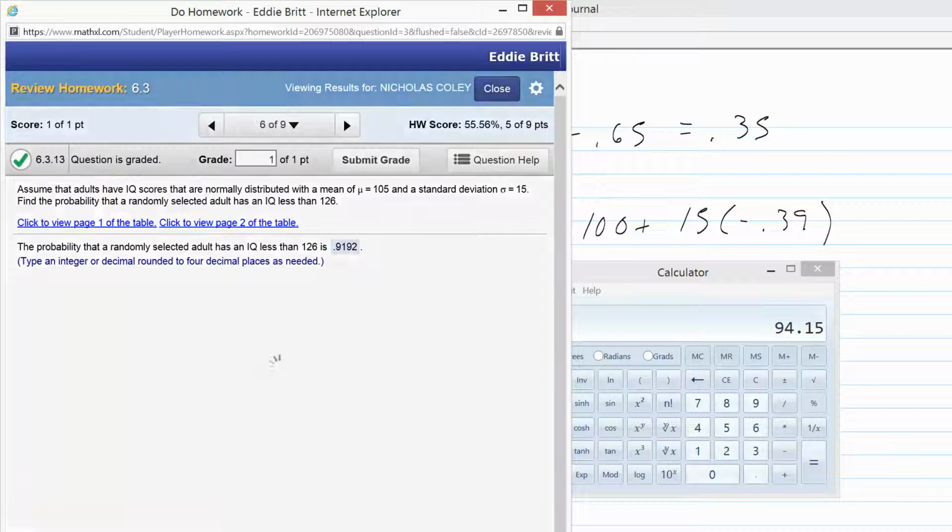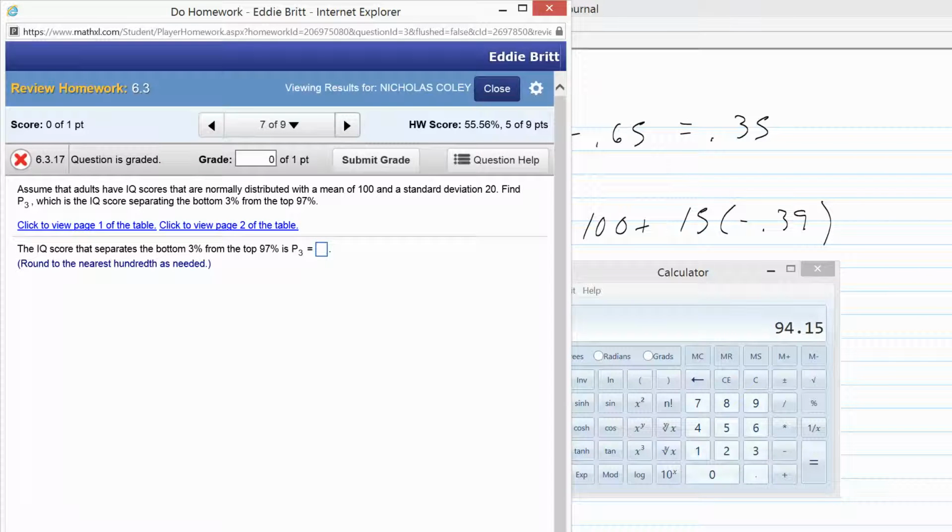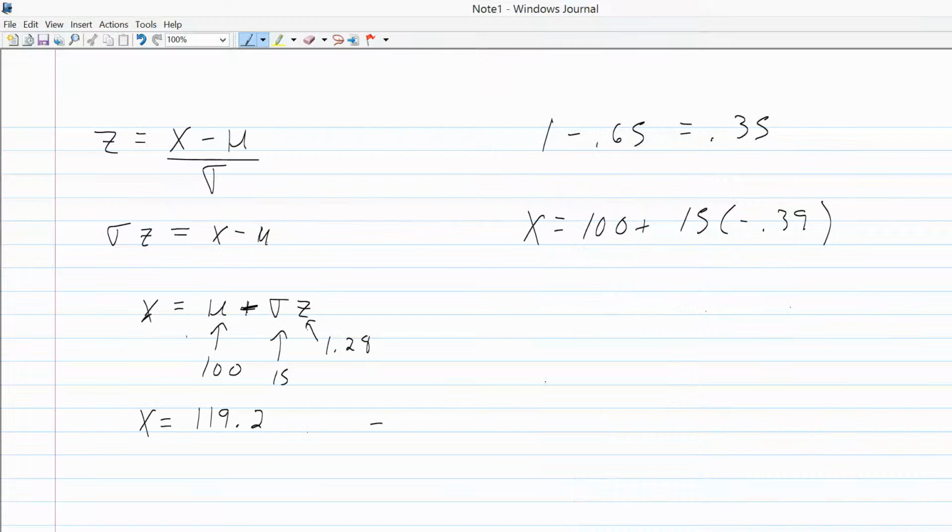Then I believe you said 7. Okay, problem number 7. Assume adults have IQ scores that are normally distributed with a mean of 100 and a standard deviation of 20. So standard deviation is different here. Find P3, which is the IQ score separating the bottom 3% from the top 95%. If you think about that under our normal curve, the bottom 3% will be down here. So an area of 0.03 is on the left side. On the right side, we'd have